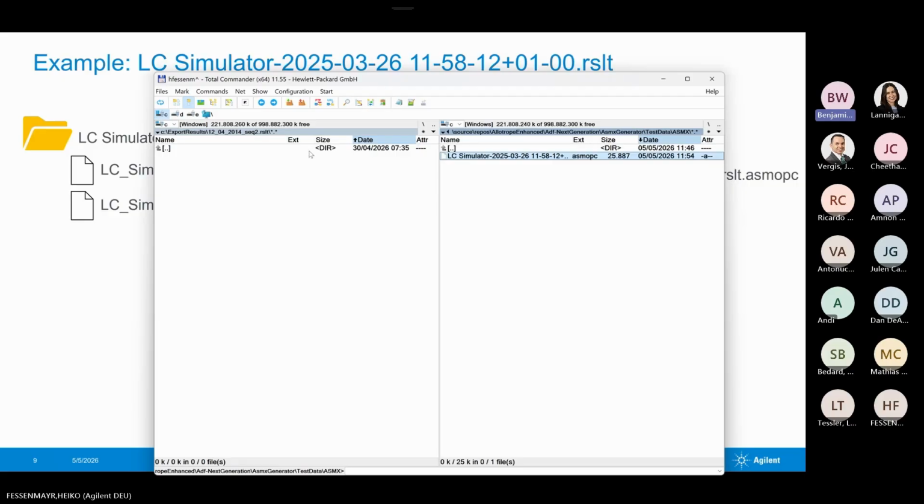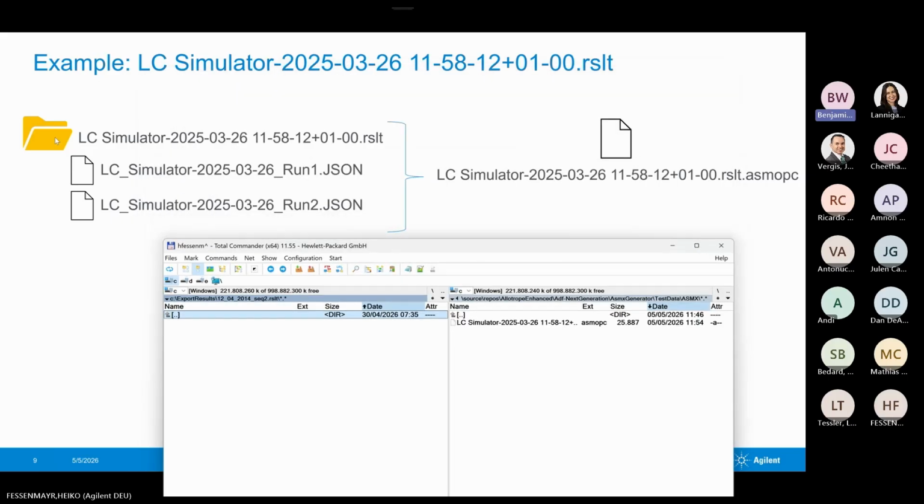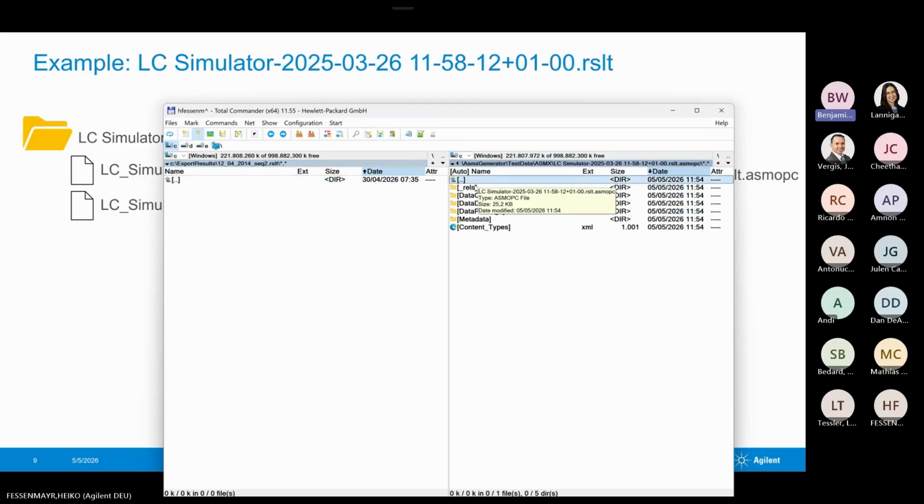So this information was available as JSON as I've shown before. So this is the folder with the two JSONs belonging to that sequence, and I converted that with this converter into this container. So you can see here there's a data cube, there's a data description, a data package. The data description contains for each of the single runs a folder, or we could even put the JSON files in there. So within this, we have here the original JSON, but now having